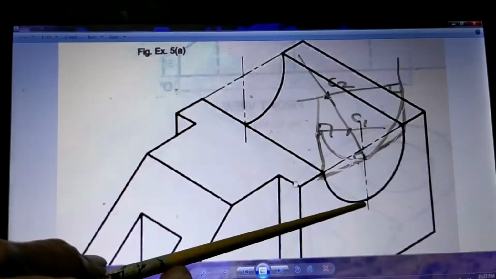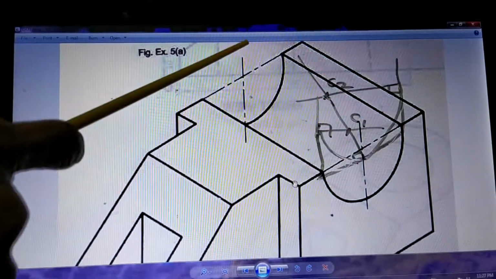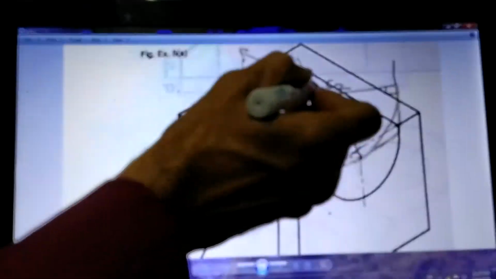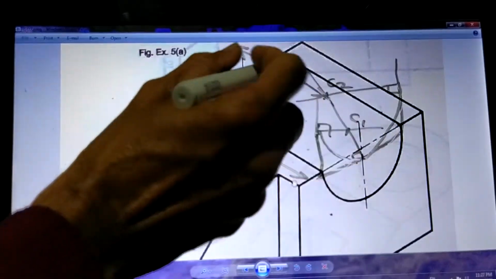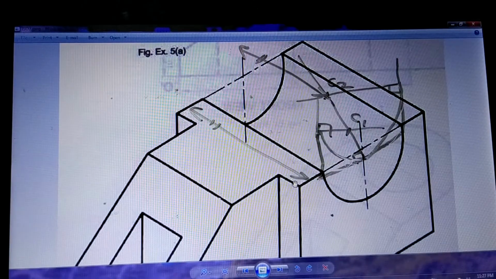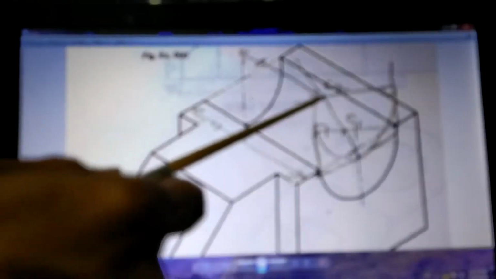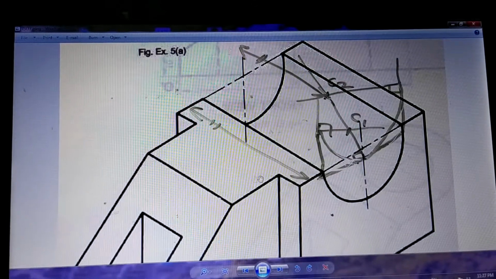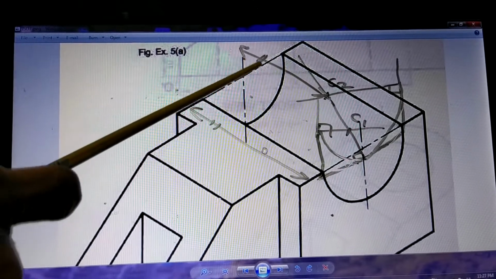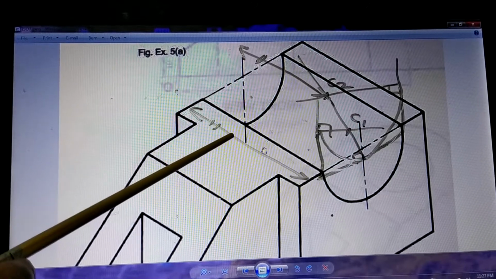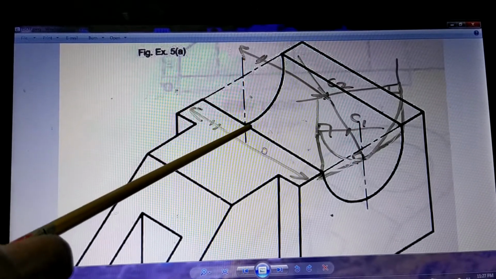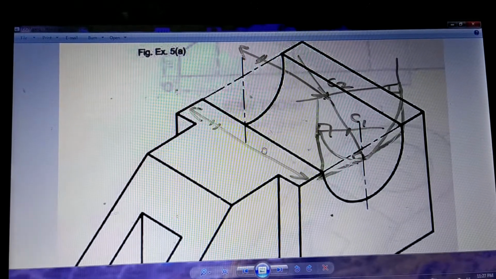Out of that, this first arc has got center C2 here. So this C2 you have to shift back. So I'll shift this C2 back here, and the distance is whatever is the width from here to here. So this and this is the same. So at that much distance you have shifted the center back, and from that center we have drawn this arc. If required, if this part of the arc is seen, you would have drawn that also, but now that is not seen. So we have drawn just this kind of arc here, and we have finished the work.